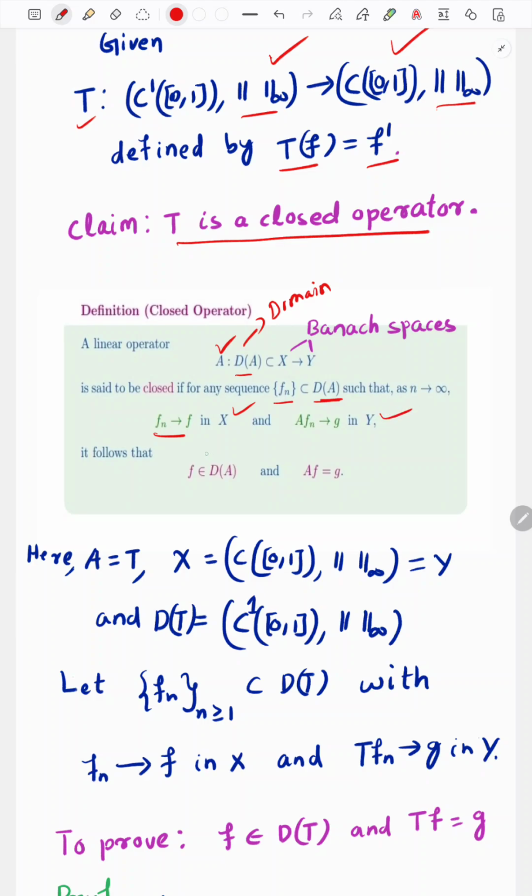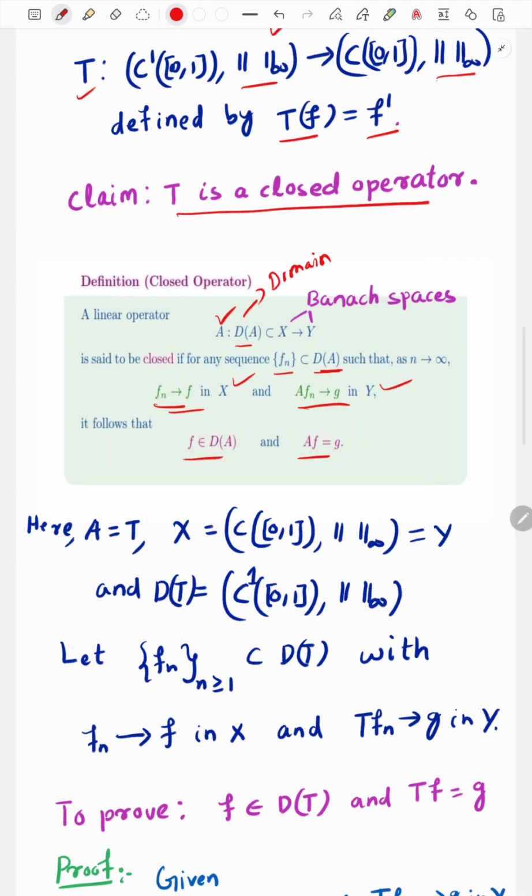If f belongs to D(A) and Af is equal to g, then it is a closed operator. Means if you assume these two things, they should imply this thing, then the operator A will be a closed operator. So in our case the operator A is equal to T, and X and Y are the Banach spaces,